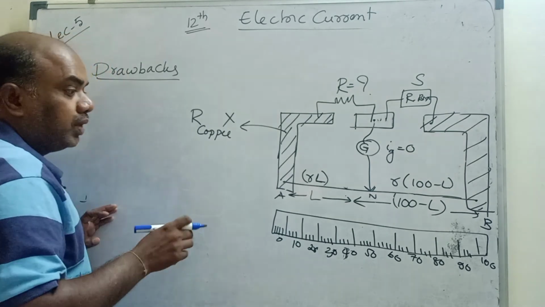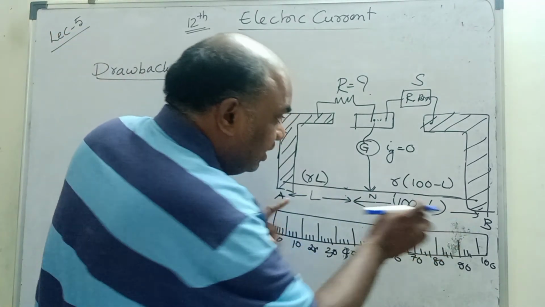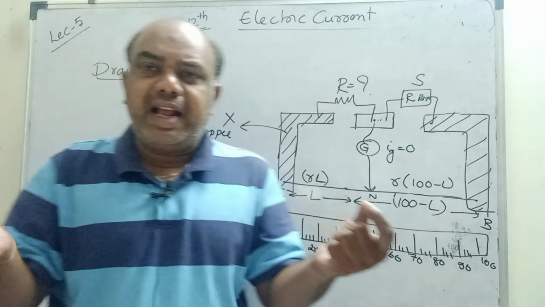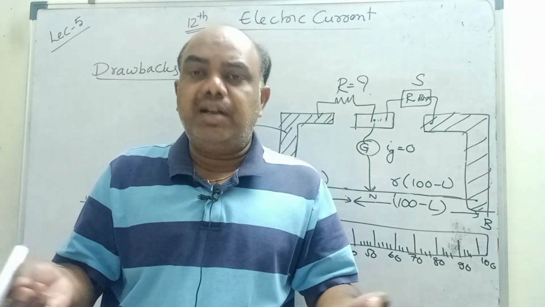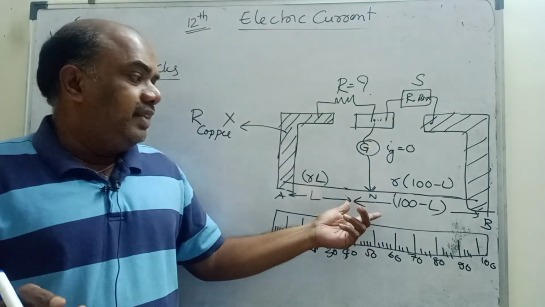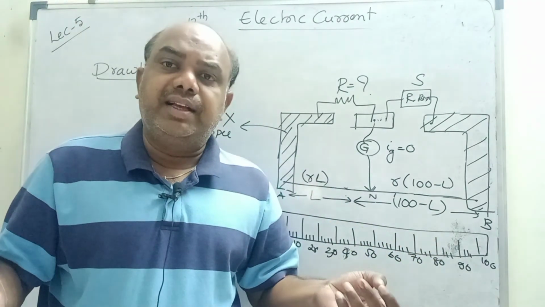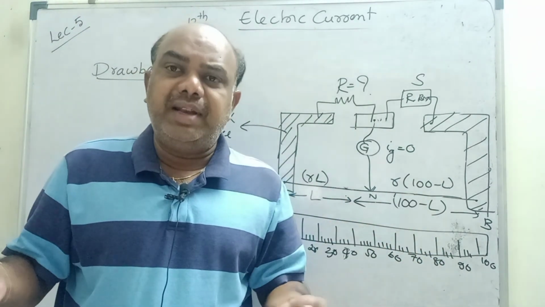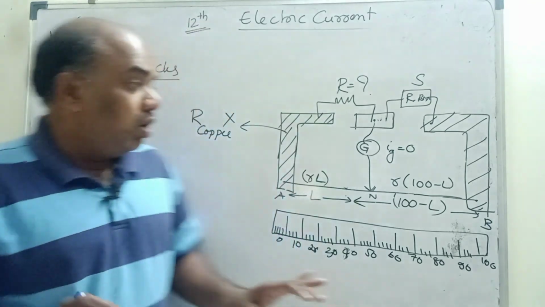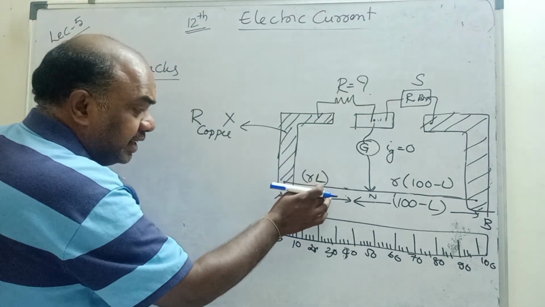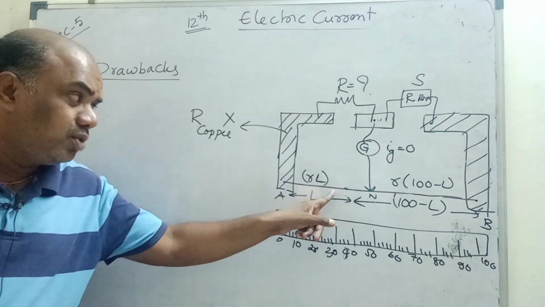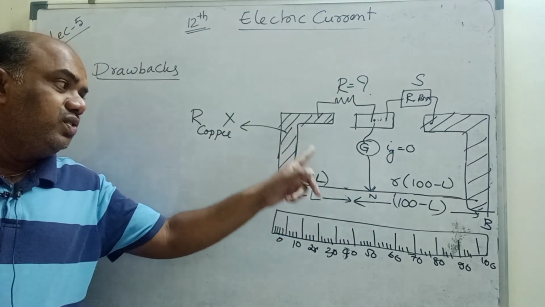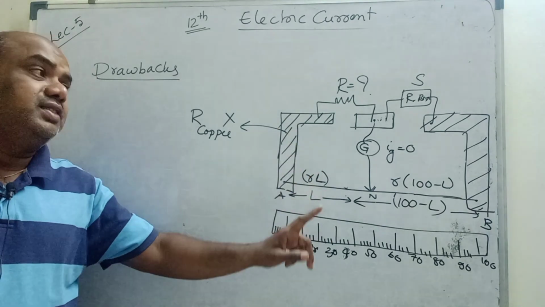Number 2: this alloy length will not be exactly 100 centimeter. It may be 110 centimeter or 150 centimeter. So we will not get exactly 100 centimeter. Sometimes it may be more, sometimes it may be less, so this also offers some resistance. Try to understand, children. It is also metal. These two metals' resistance we are not considering.